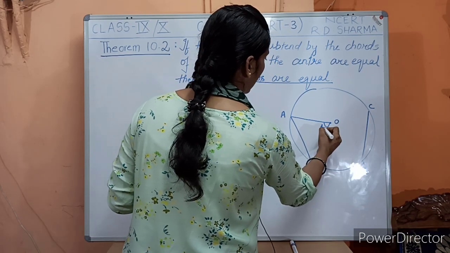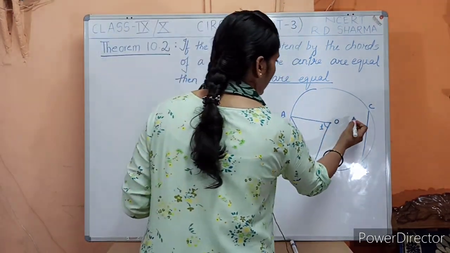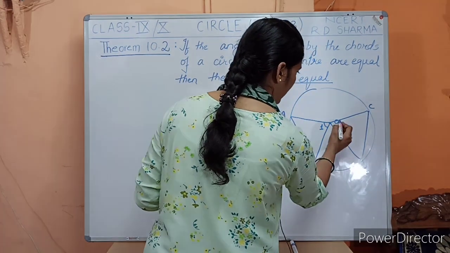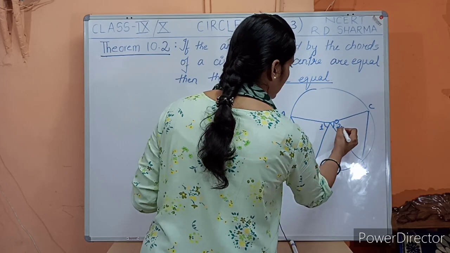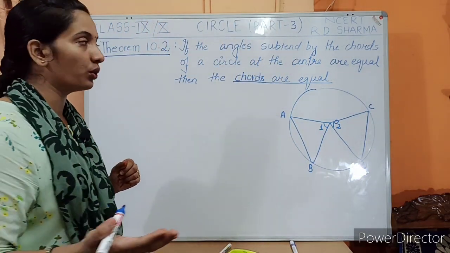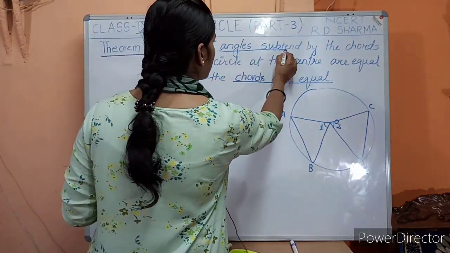Let us name this angle 1. Okay, I am just giving the labeling as 1, and this angle where I am joining OC and OD, I am giving it the number 2. So angles 1 and 2 are already equal. It is given to us in the theorem itself. You can see angles subtended are